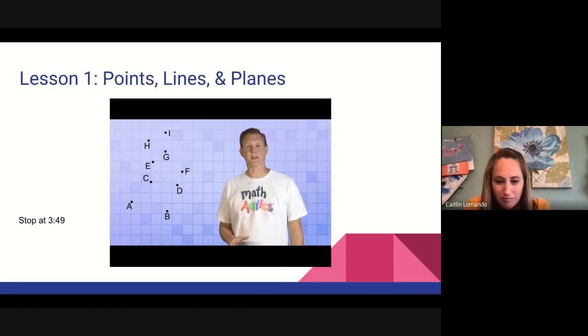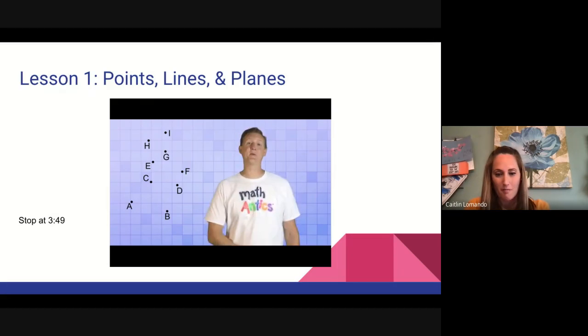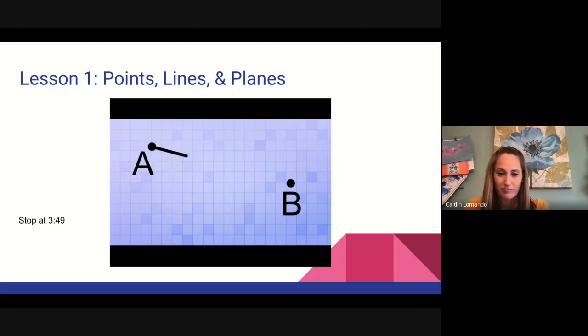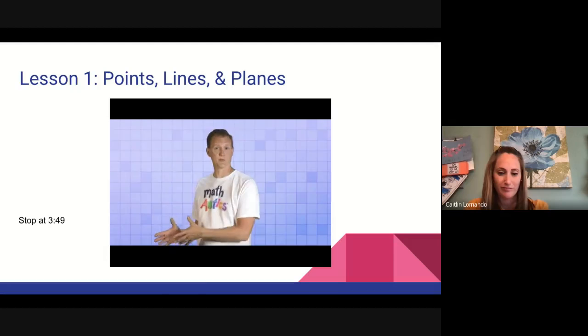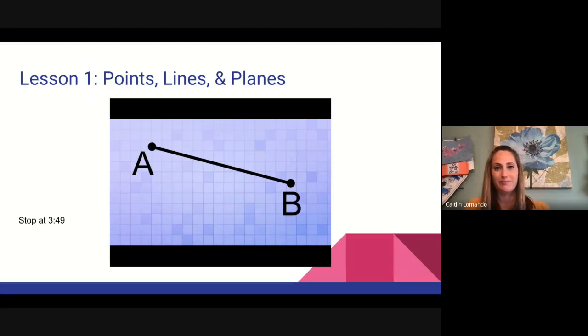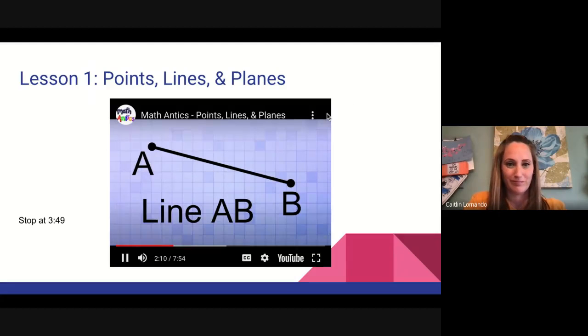There. Now if I say, look at point A, or look at point B, you know exactly what I'm talking about. In fact, let's do that. Let's just talk about point A and point B for a minute. If you start at point A and go to point B taking the shortest distance possible, you would have gone in a straight line. A line is the next most basic element of geometry. We name a line by the points that it goes through. For example, we would call this line AB because its endpoints, where it starts and stops, are points A and